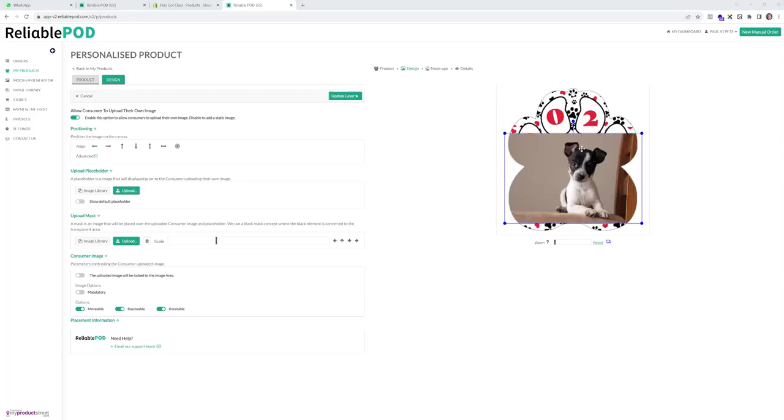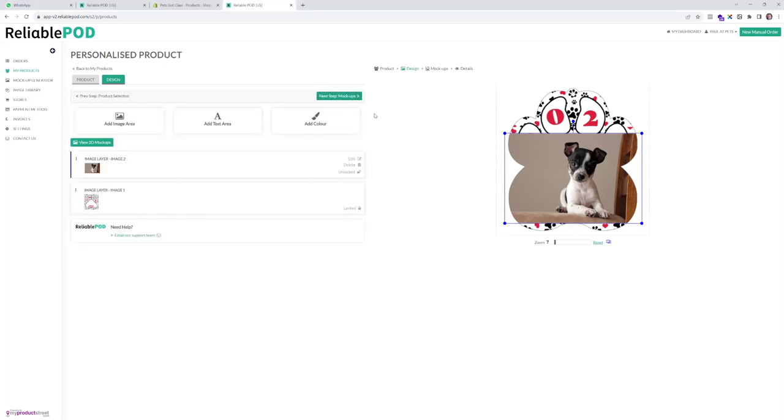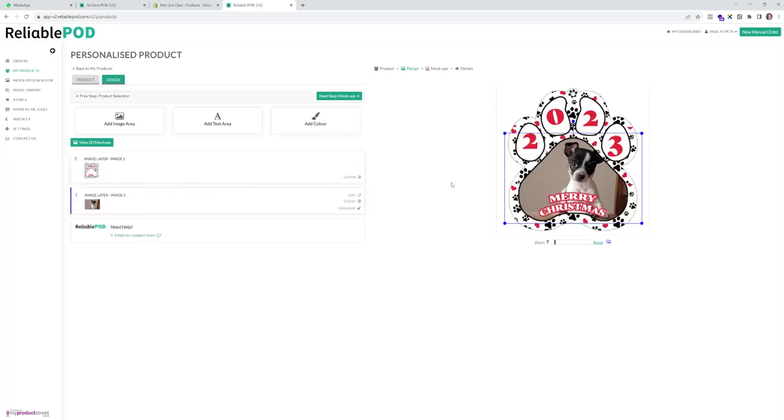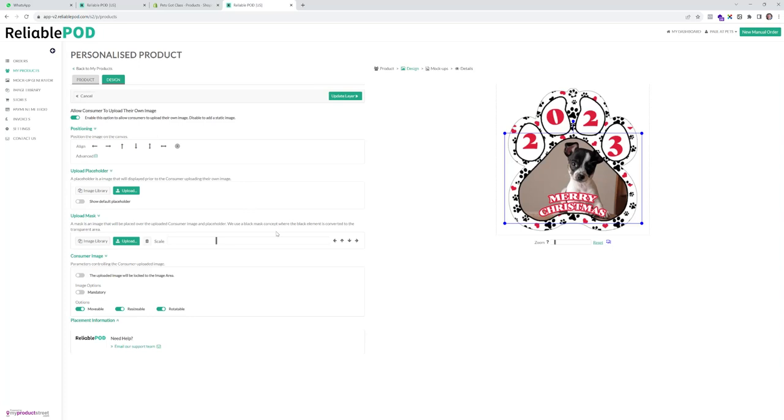So Barney will appear here, and you can see obviously that doesn't look good. So what you do then is you update the layer, and then you move the layer underneath your background layer. And because this is where you've put your transparency, that's where the image shows through. Now the dog's not centralized there, your background image is not centralized. So if you click on this layer here, come down to the placeholder,